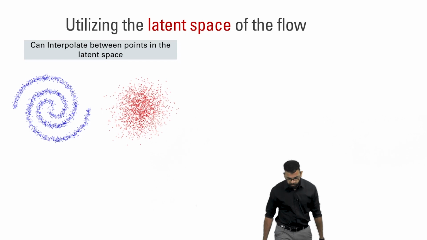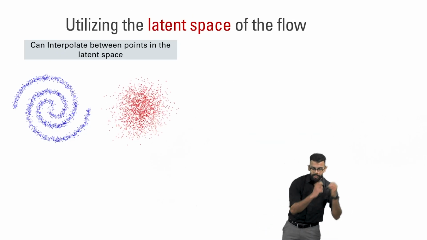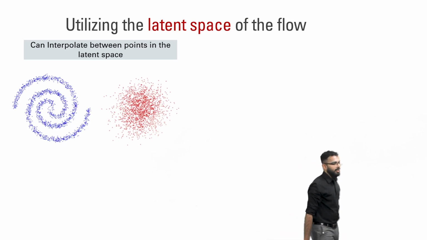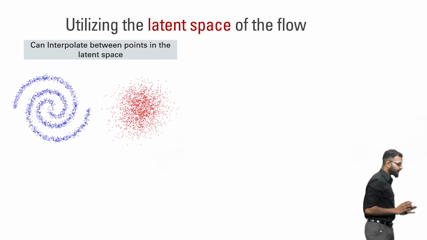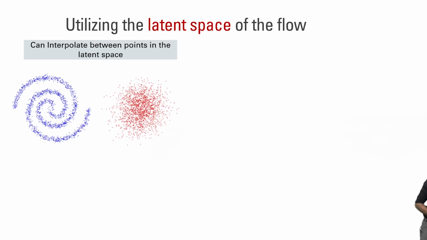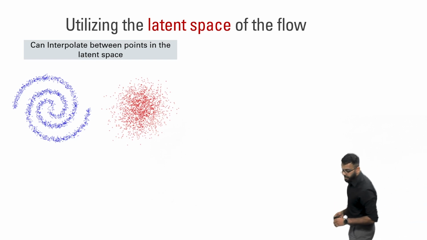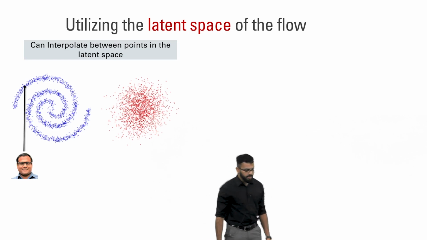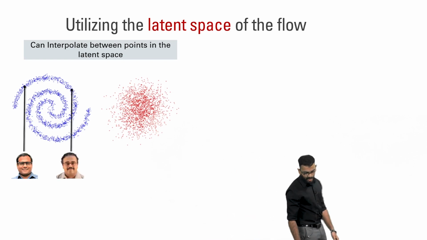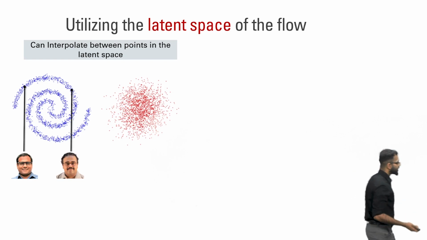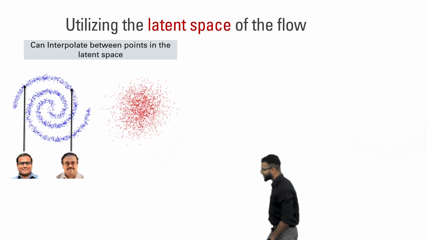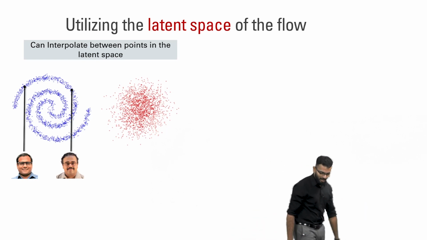Okay. Now, one of the good things you can do when you have such a model is this: you know that in the data space you have some complex manifold that you do not know, right? But in the latent space, things are very simple. Now, I can use this knowledge to do things like interpolation very easily. Let's say I have a data point that looks like Professor Sriraam, and a data point that looks like Professor Ravindran